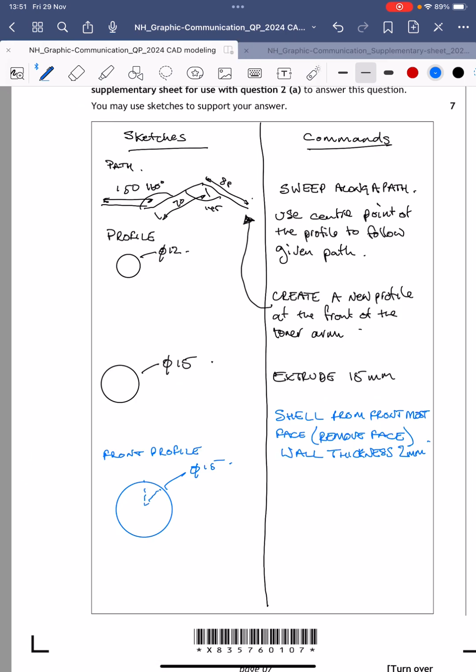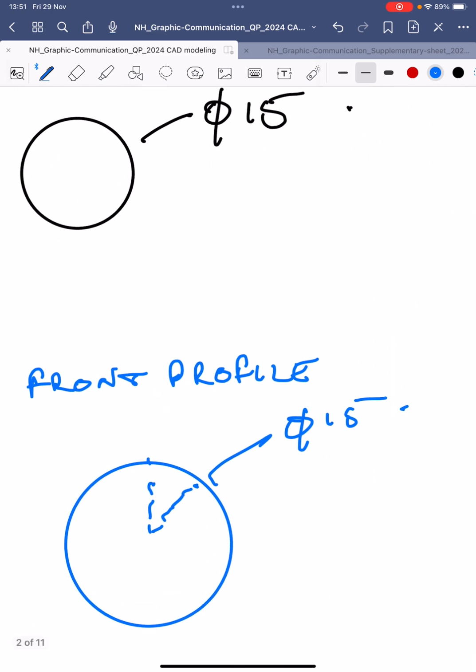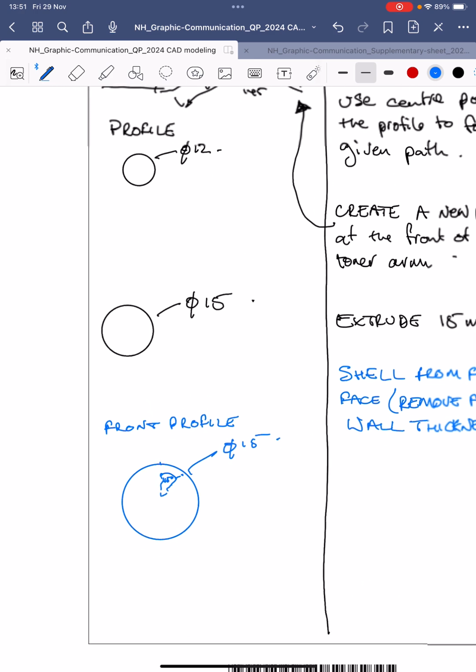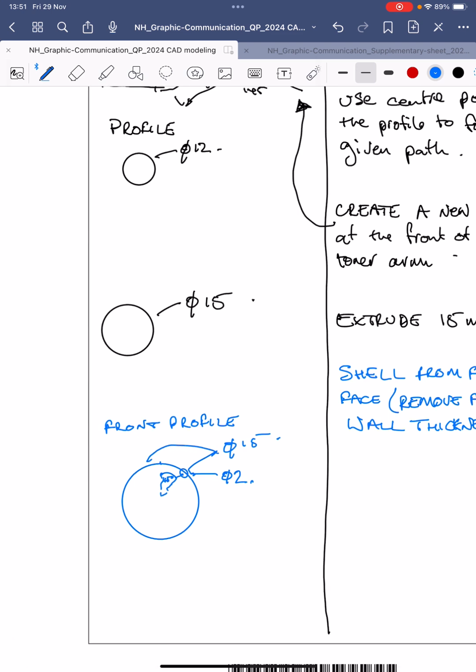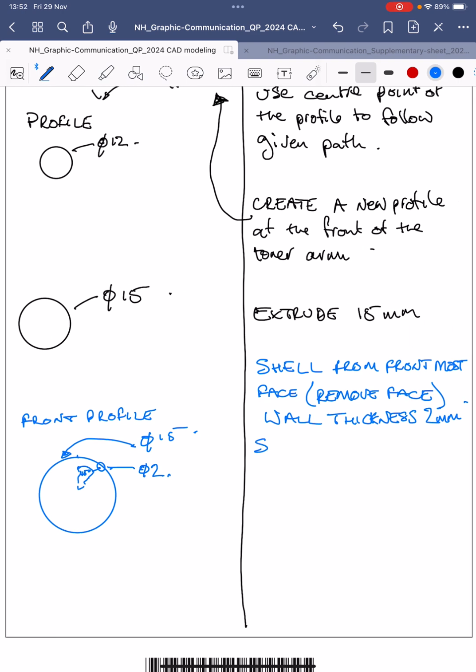So that there is going to be 45 degrees. And we're going to sketch a circle there, diameter 2 on that profile. I could probably make that diameter 15 a little bit clearer by indicating over here. So sketch, diameter 2, circle,